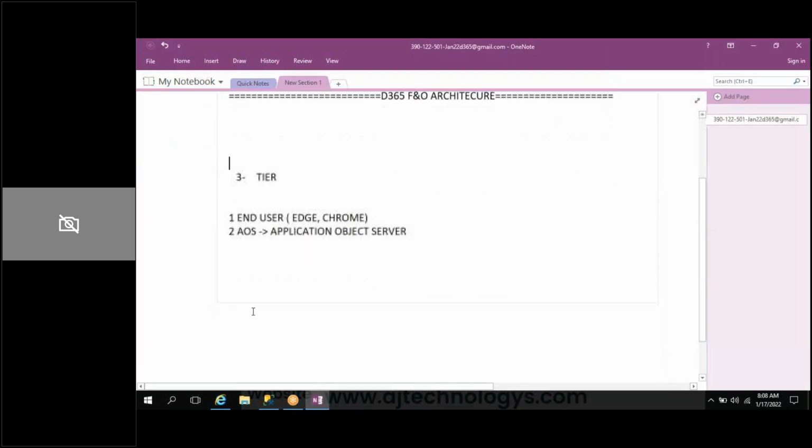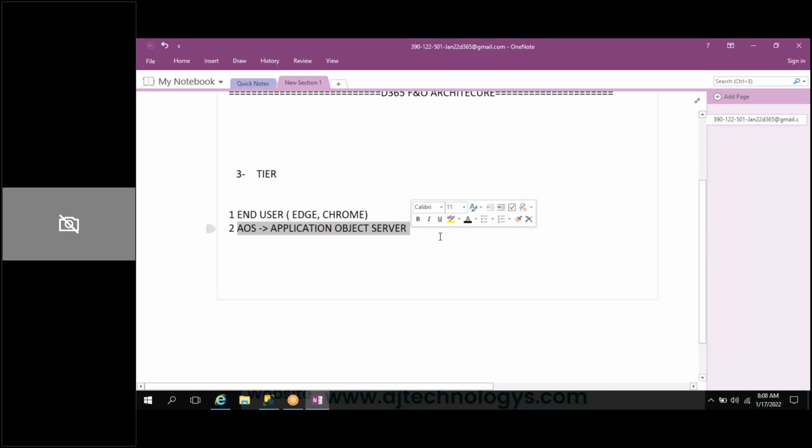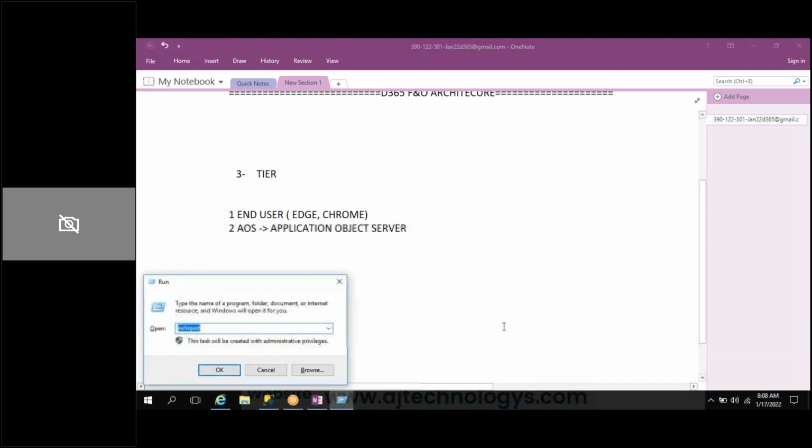Then the second is the AOS, Application Object Server. Where is it available? In the earlier versions of the product, this was available in services. You can open services.msc from your run command.